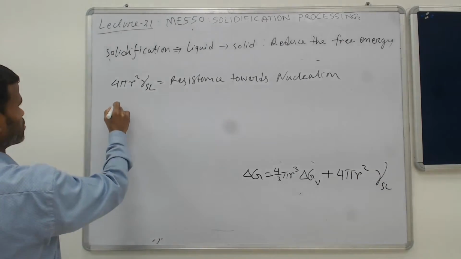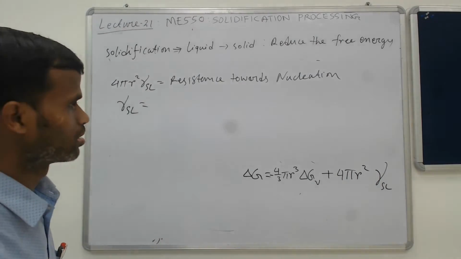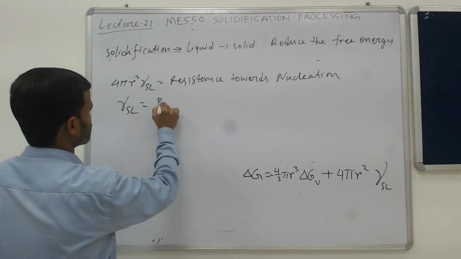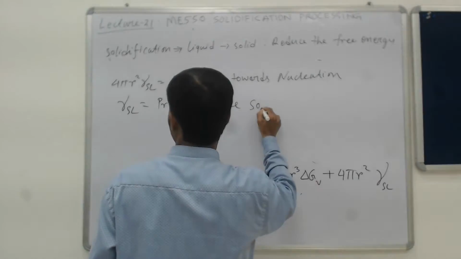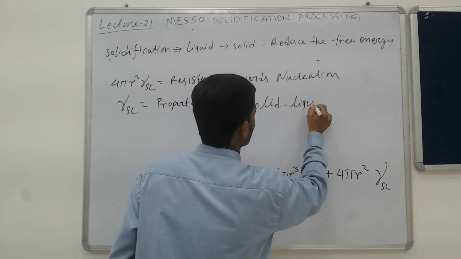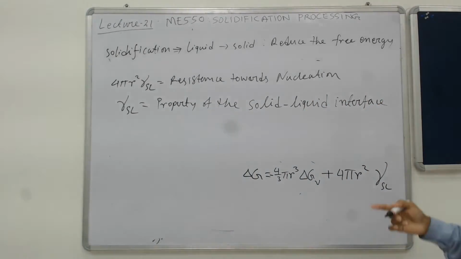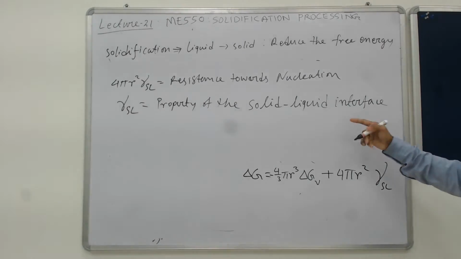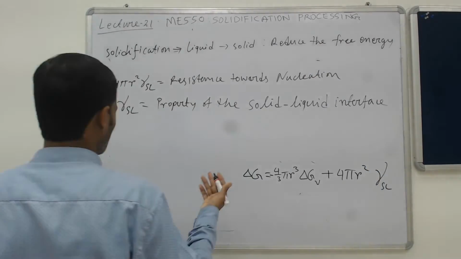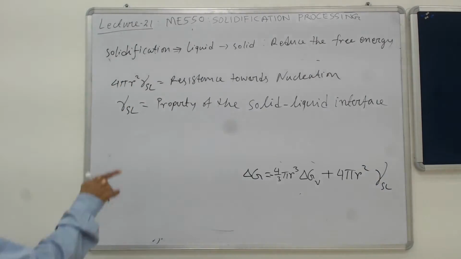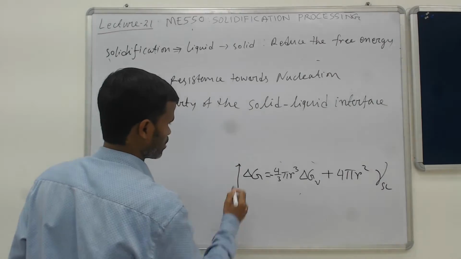This term gamma SL is the surface energy, a property of the solid-liquid interface. So you cannot change it much, because this is related to the solid and liquid material, their structure and the other fundamental properties. But if you want to reduce the resistance, if you want the nucleation to occur easily,